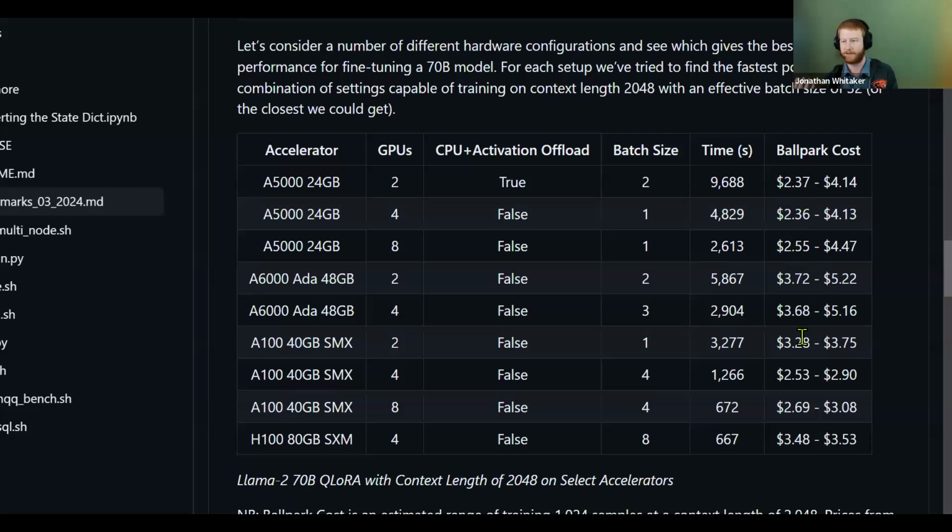So even though it's cheaper per hour, it takes longer, and the costs actually balance out quite nicely. Doubling the number of GPUs ideally doubles the speed because I can fit a batch on each one, but it doubles the cost-ish.